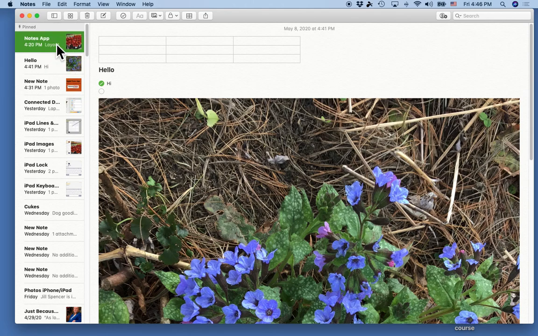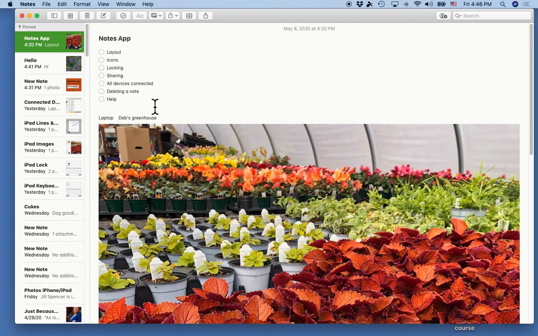All right. Now, the last thing I want to show you on the laptop desktop version is help. Lots of times I haven't done a particular function in 6 months. I forget how to do it. But if I go up to the help button, do you see up there? It's the last thing in the main menu. And it says search. And if I just go to Notes Help,